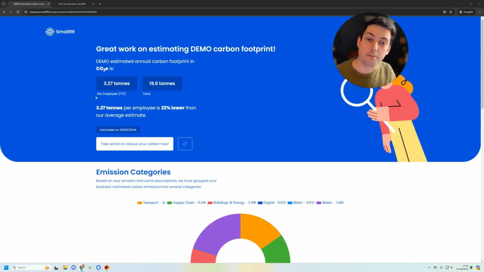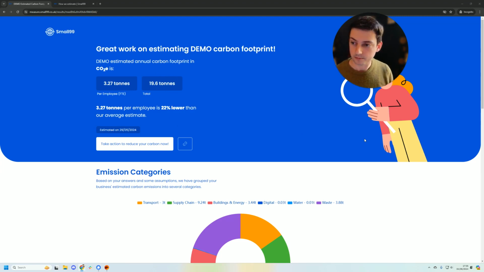the per tonne employee. That figure is a carbon intensity metric that allows you to compare your carbon emissions to others in your sector or maybe your competitors. In terms of the total figure, that is the total amount of emissions that your organisation is generating over roughly